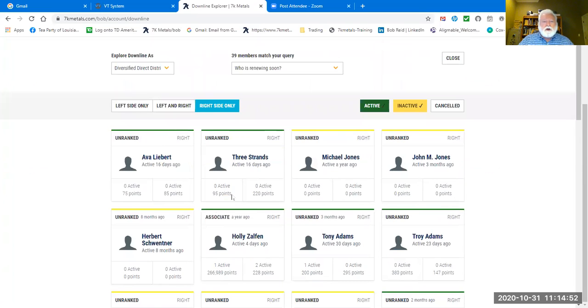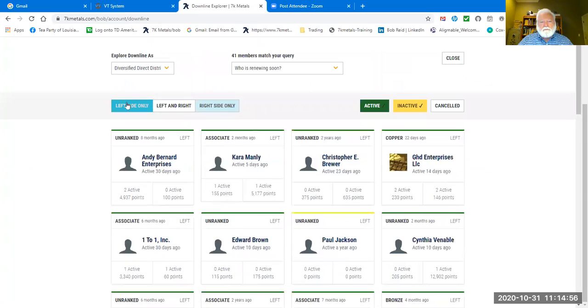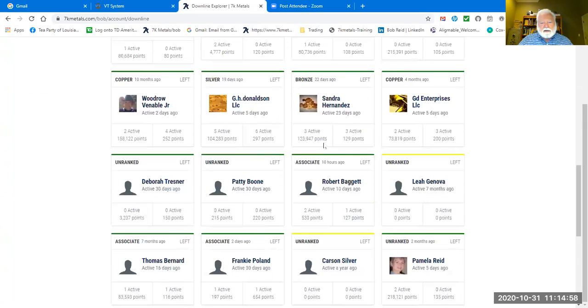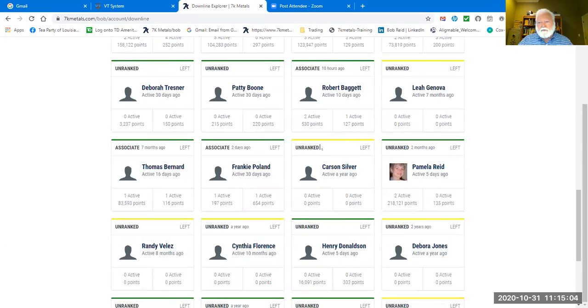So you go through, make a list, and then you coordinate and you do it on both sides, okay? And so you see I have about the same amount renewing in November on both sides. Well, I started the business in November, so that's how I have a pretty good bit of people renewing there in November, okay?